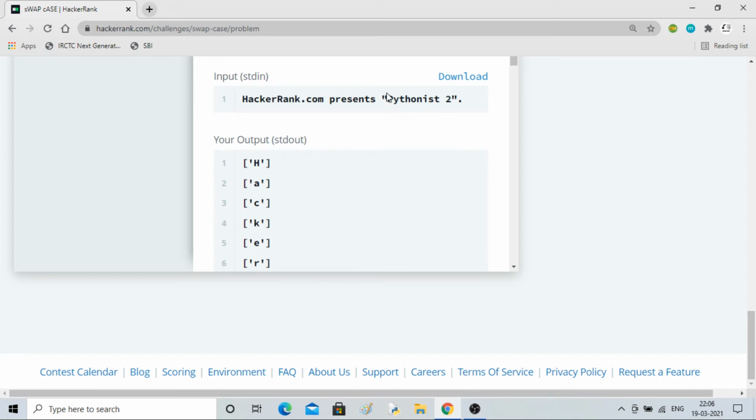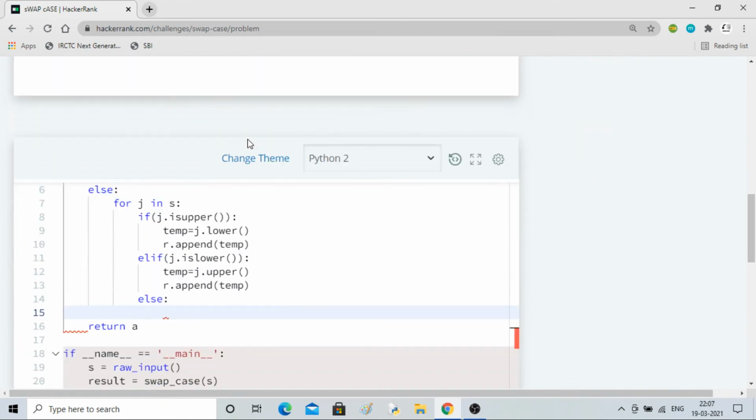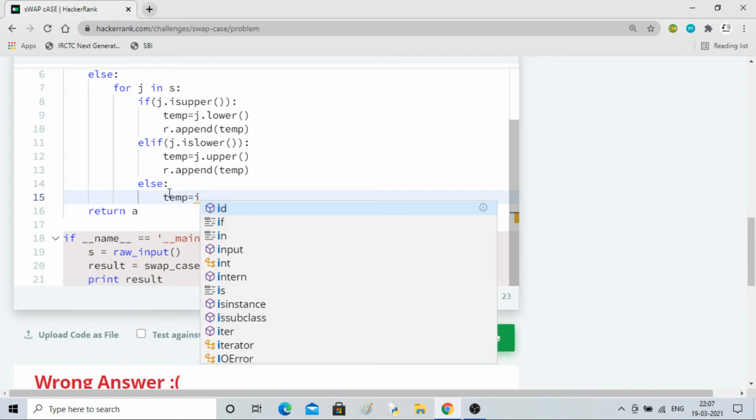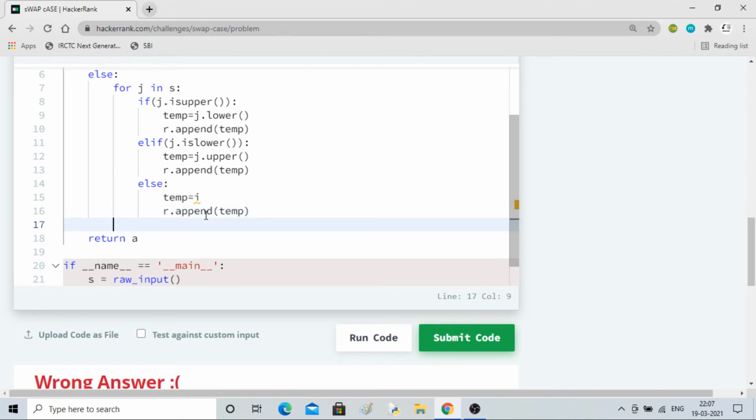Okay, and then else, the last case will be here, you can see we have these values as well, right? What are the values? These inverted commas, spaces, then dots, you can see here dot. So these are not letters, right? They are not alphabetic characters, so we have to take care of them. We won't be doing anything to them, we will just take them as they are. So temporary variable will take as it is, and store it into R. Then finally let me print R so that you can see.